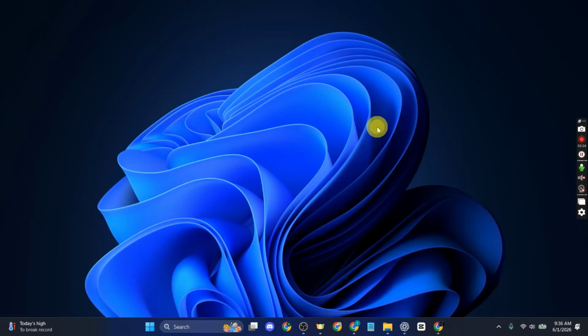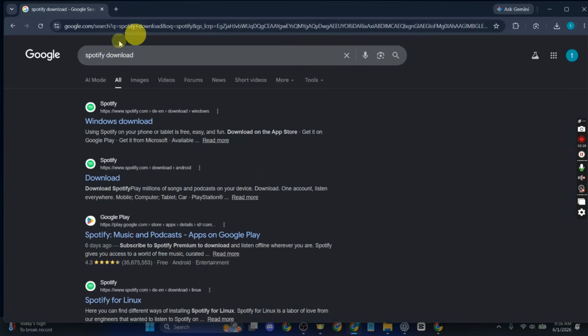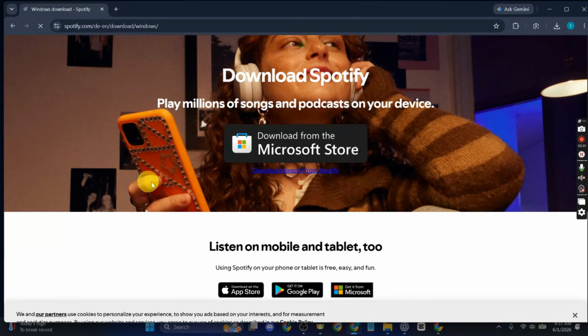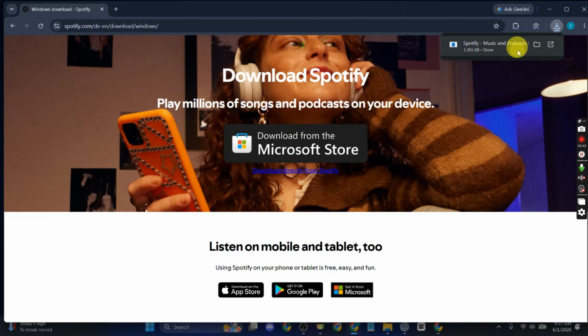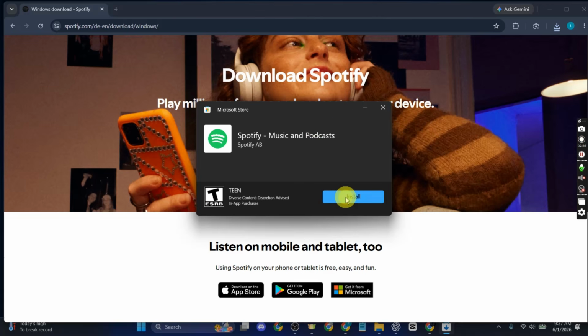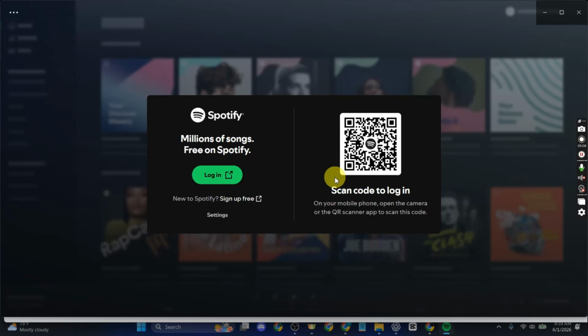So now just go ahead and open any browser to your liking and then search for Spotify download and go to the official website from Spotify. Now here you can just go ahead and click on download for Microsoft Store, or you can download directly from Spotify. So I'm just going to download from Microsoft Store. And now as you can see, our Spotify has been downloaded. So just go ahead and click on it. And now just go ahead and click on install and just wait for it to finish downloading. And after that, you can sign into your account or log into your account. So just go ahead and choose the option and make sure you are signed in or logged in to your